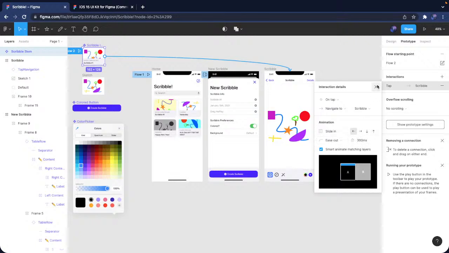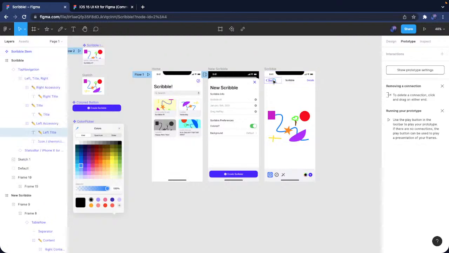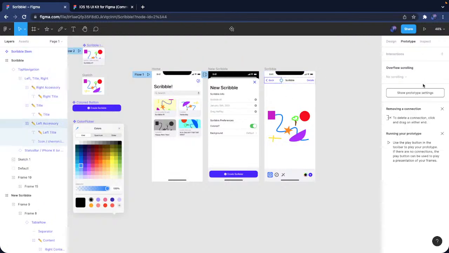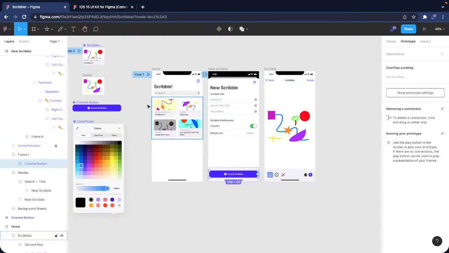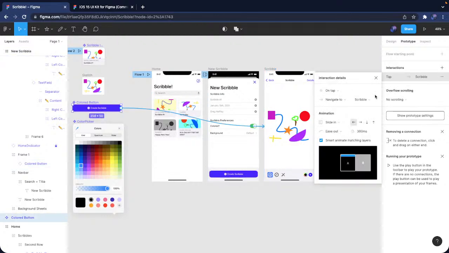I'll click on Smart Animate, and then when I hit this back button, I want it to go back, and it'll go back to wherever it came from. When I hit Create Scribble, I'll do here. I want it to navigate here by sliding in,